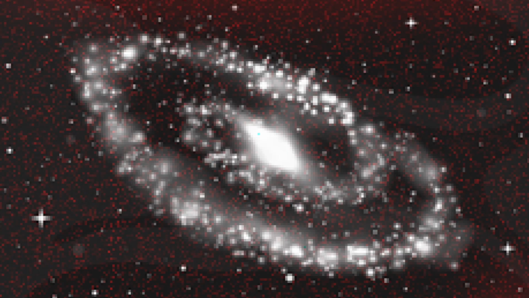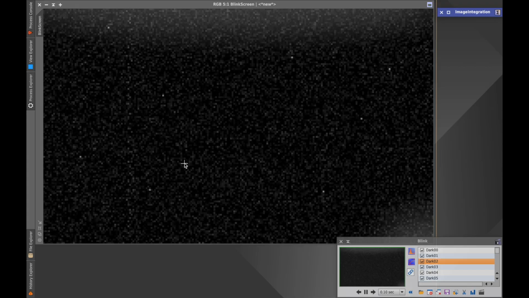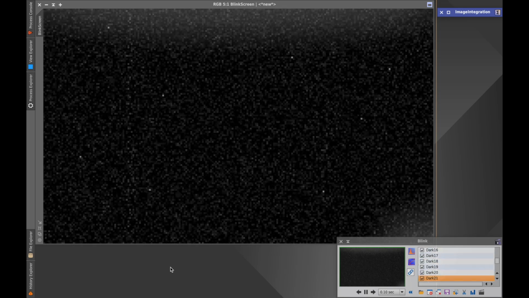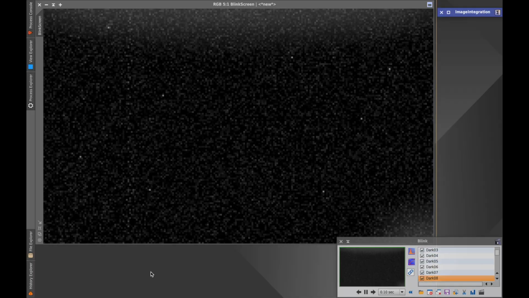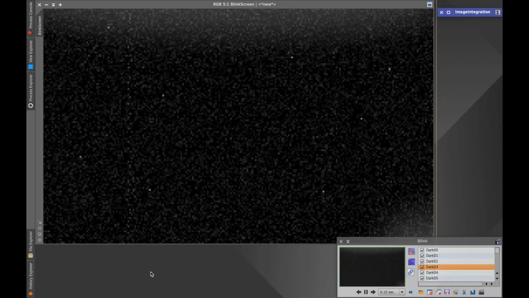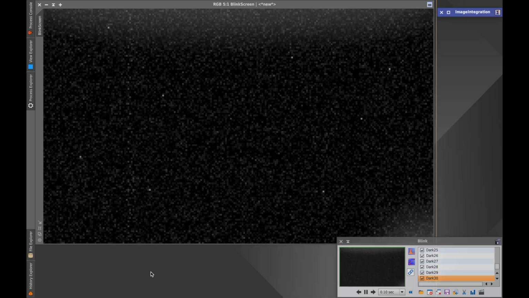So now if you just cover the telescope, cover the camera, take pictures in complete darkness, then you should get a picture of the systematic noise. Now it's important that you take these at the same gain or ISO, the same length of exposure, and most importantly the same temperature as your light frames, so that you're getting the same systematic noise that you have in those light frames. But here you can see there's a bunch of random noise also mixed with that systematic noise,